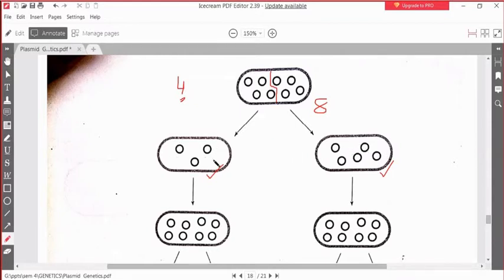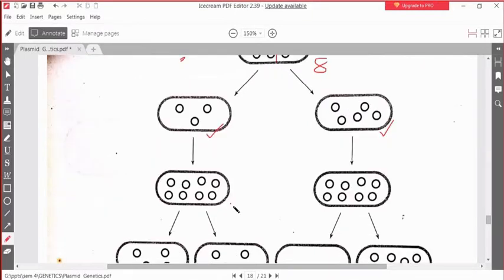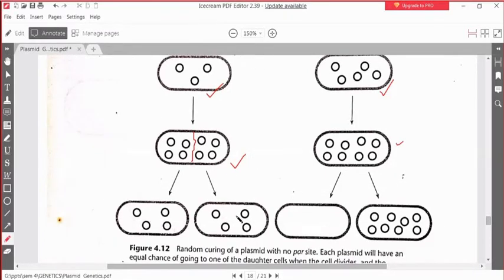Say this cell is carrying 3 copies of the plasmid, but before division it must increase its number from 3 to 8 once again. And the cell with 5 copies must increase its number from 5 to 8, and then the normal phenomenon must happen once again. This division must occur at that position so that the two progeny cells that form have 4 copies of the plasmid. This is the normal phenomenon by which the 2 progeny cells get the exact copy of the plasmid.